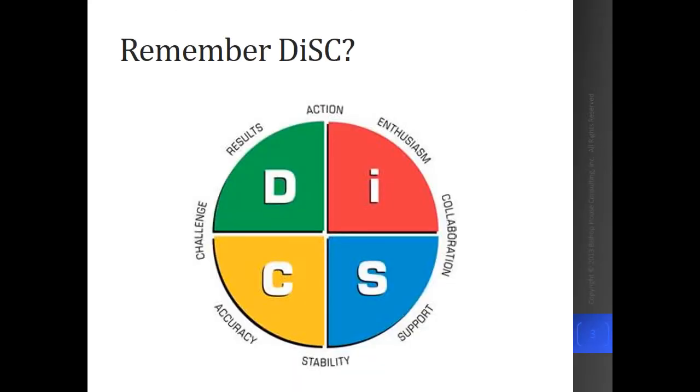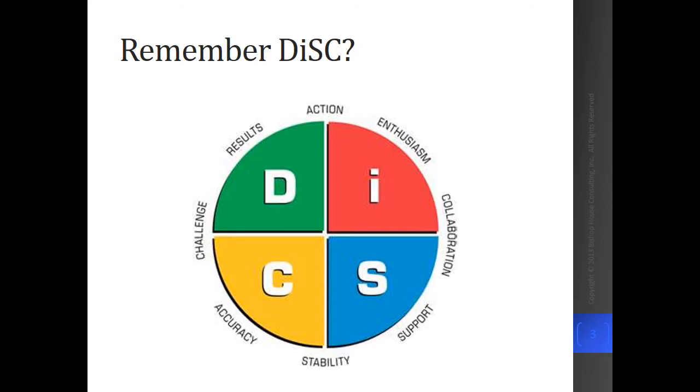Let's first do a refresher on our four primary DiSC styles. We have the dominant style, which is our very fast-paced, results-oriented style. Likes to get things done and get things done quickly. We have our I style, our influence style, which is very enthusiastic, and it shares that faster pace with the D style. However, it tends to be a bit more people-focused and more relationship-focused. It brings a lot of positive energy to those people interactions.